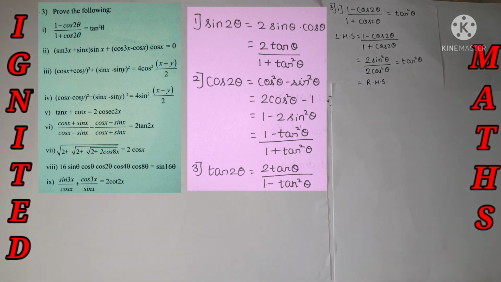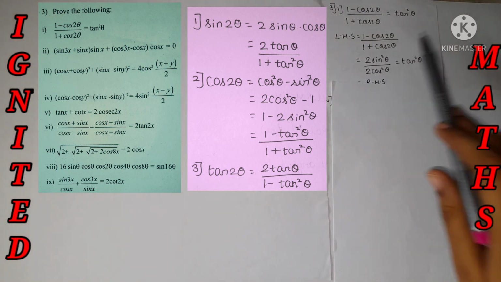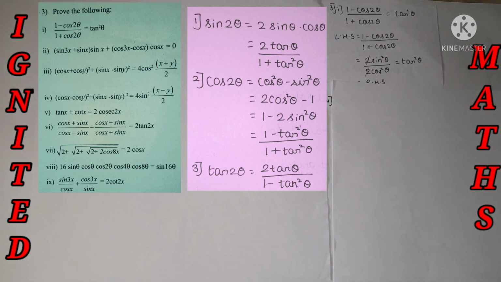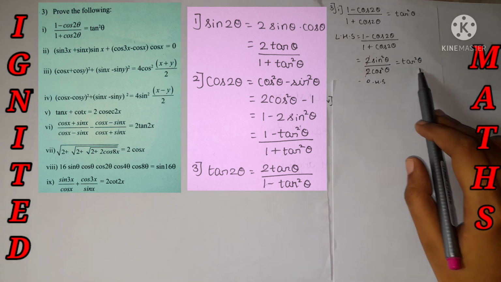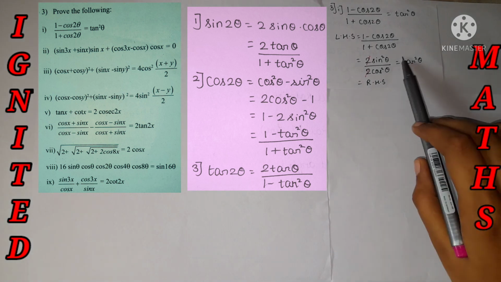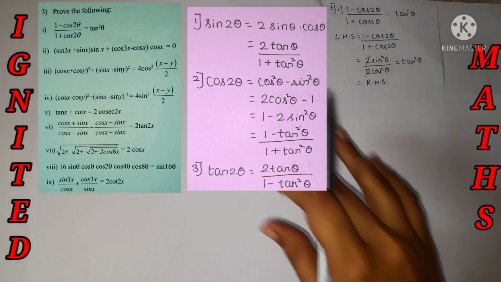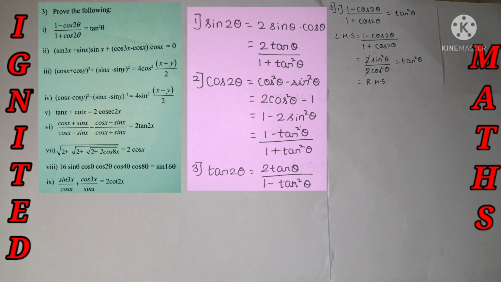1 minus cos 2 theta, by the double angle formula, we know that it's nothing but 2 sin square theta. Just cross check with the left hand side. I'll do the construction at the left hand side so that we can do the sum very easily. So 1 plus cos 2 theta is nothing but 2 cos square theta. The 2s cancel. And we know tan theta is equal to sin theta by cos theta, so the value of tan square theta is nothing but sin square theta divided by cos square theta. And that's what we need, it's my RHS value, tan square theta. This is how we need to find it. Within 2-3 steps, we have proved the LHS and RHS value.